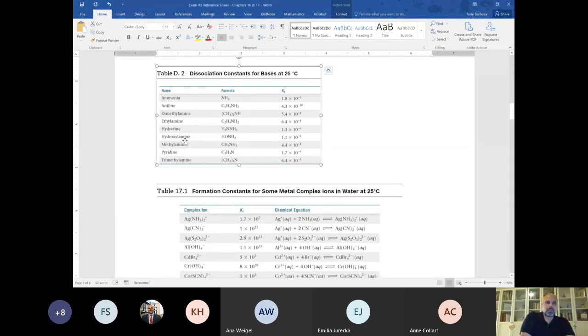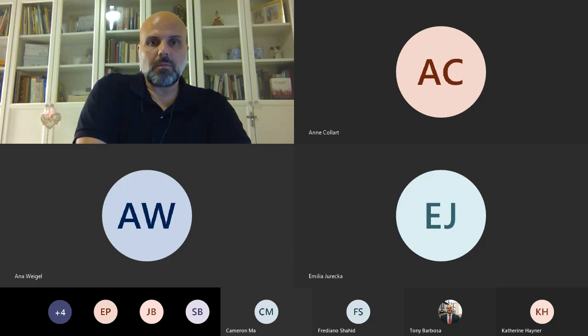You can see the methylamine, CH3NH2. Hopefully everybody can see the pointer. I'm going to go back to the other slide to show you what's going on. CH3NH2 is the base. Remember, in the problem it says CH3NH3. So recognize this is the base. It has a Kb. Now if we go back to the problem,